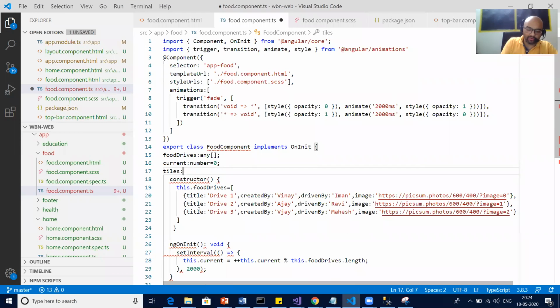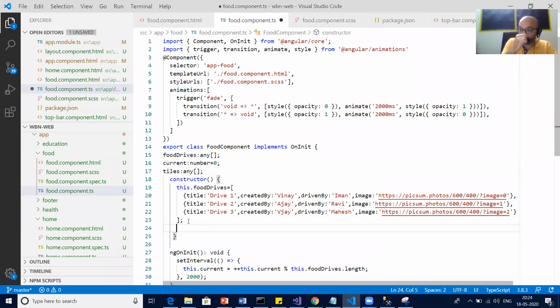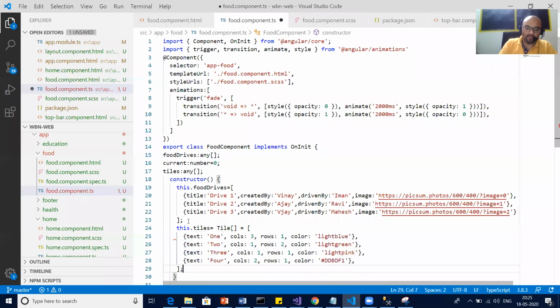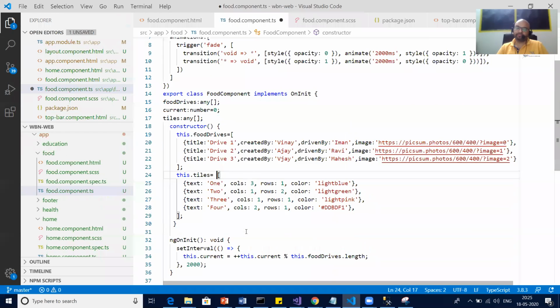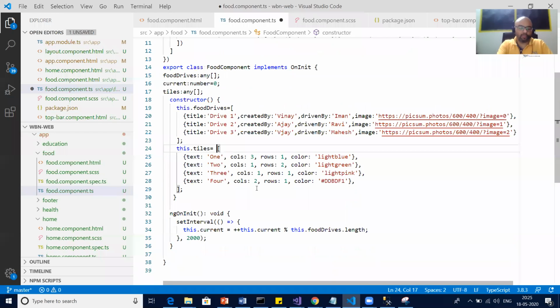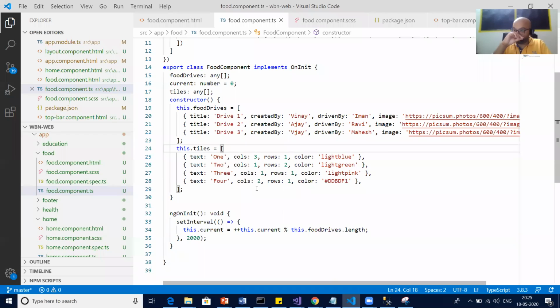Tiles, again, I don't know, it's an array of any. And then the constructor, of course, this value will come from API. So I say this.tiles equals, just simple 1 2 3 4 I put. So we can put our food items over here.